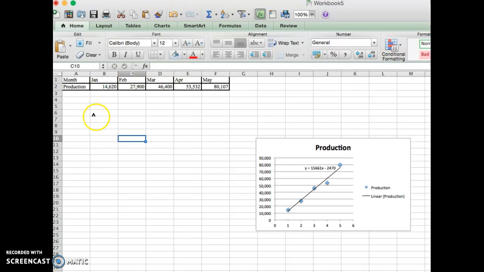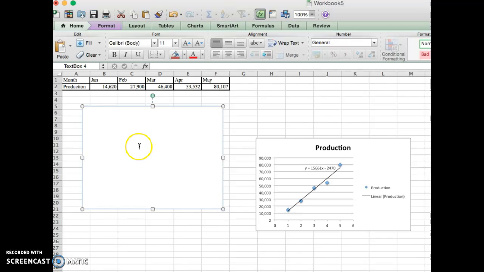Insert a text box and say that the linear approximation is y is equal to 15,661x minus 2470. If you want to be a little bit more fancy, you could say that the production is given by 15,661 times the number of months